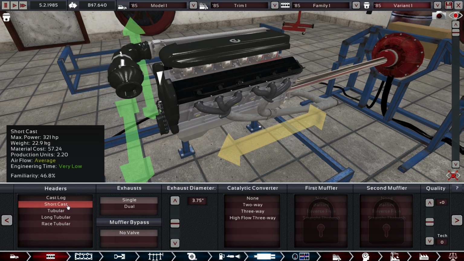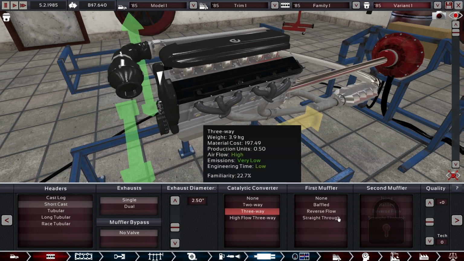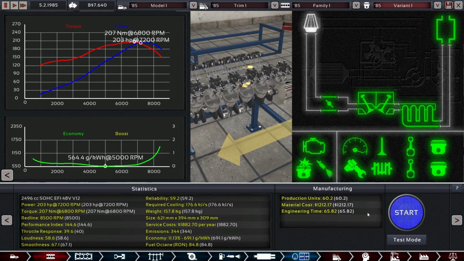Our shitty headers, yes, shortcast. Don't need that much power output. We are going with a standard 3-way flow and none. Okay, so what does this engine do? 200 horsepower at